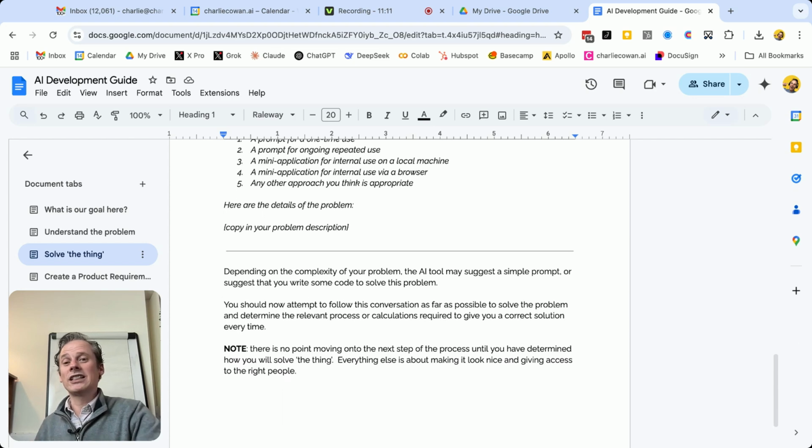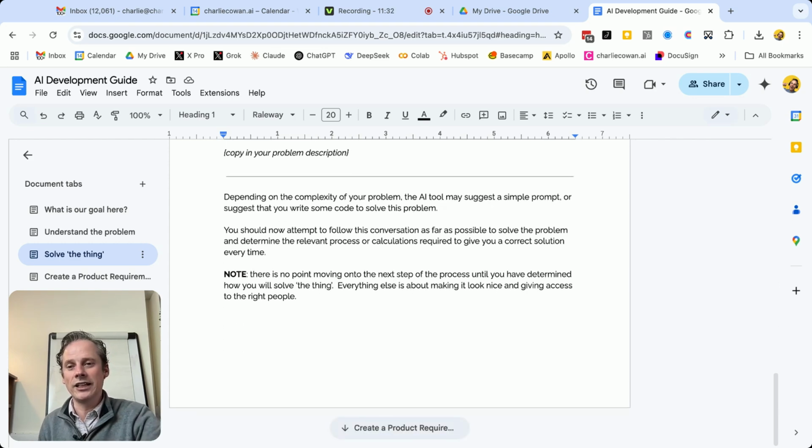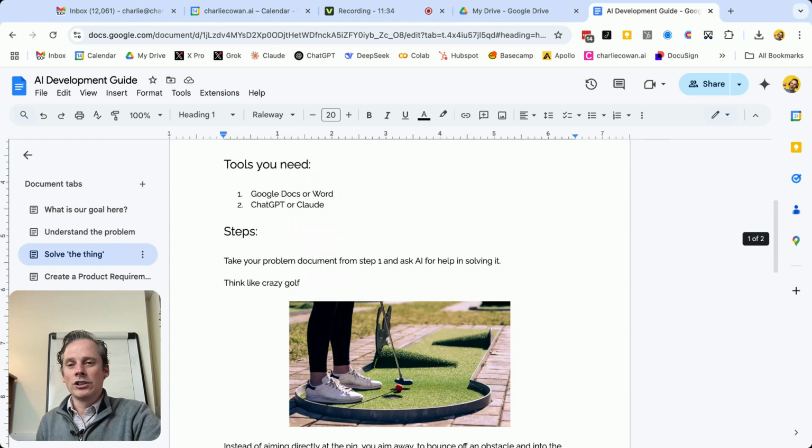So here, we're not asking for the answer, we're asking how we might approach getting the answer. And this is where you'll start to think through, okay, I could build this mini application, or I could build a script, or I could build just a prompt. And even if you're not a developer, this is going to help you think through what the next stage is. So now you've solved the thing and how you're going to